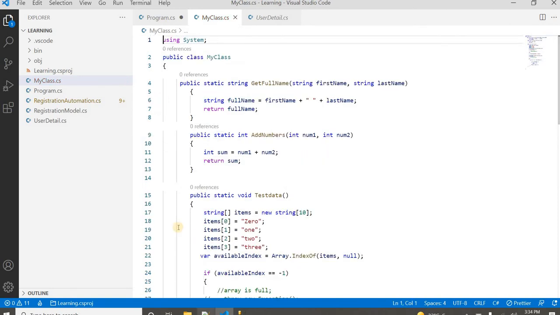Okay, now in MyClass I have multiple methods. First is get full name, add number.